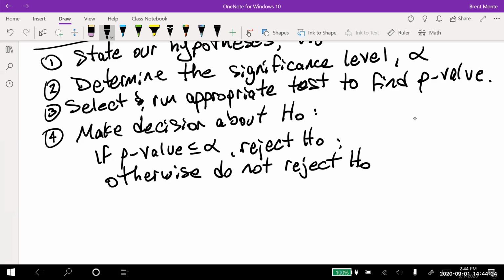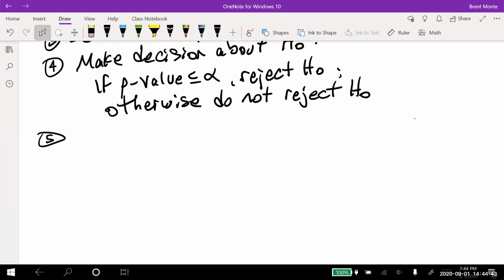But notice, either way, we state the decision in terms of the null hypothesis. Either reject the null hypothesis or we do not reject the null hypothesis. Again, some authors will say fail to reject the null hypothesis, meaning the same as do not reject the null hypothesis. And then lastly, we're going to state our conclusion,